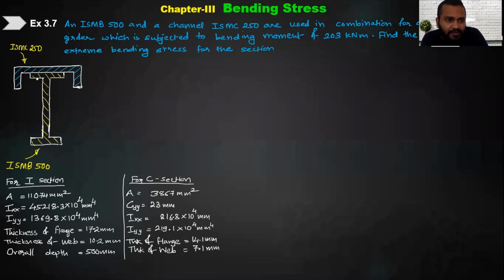यू कैन सी हियर, जो येलो हैचिंग में करके रखा है, दिस इज माय आई सेक्शन। आई सेक्शन को और स्ट्रॉन्ग बनाने के लिए उन लोगों ने ऊपर वाले फ्लांज पे एक चैनल को वेल्ड कर दिया, तो और ज्यादा उसका स्ट्रेंथ बढ़ेगा। अब ये सेक्शन सब्जेक्टेड टू बेंडिंग मोमेंट ऑफ 203 किलो न्यूटन मीटर, एंड देन यू फाइंड आउट द मैक्सिमम बेंडिंग स्ट्रेसेस, मैक्सिमम कंप्रेसिव एंड मैक्सिमम टेंसाइल।